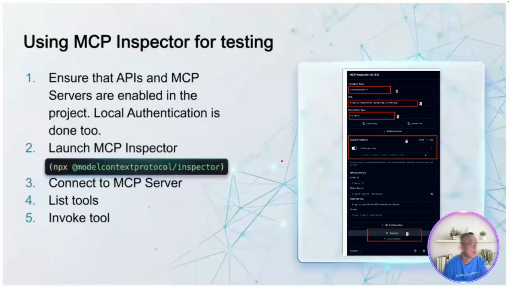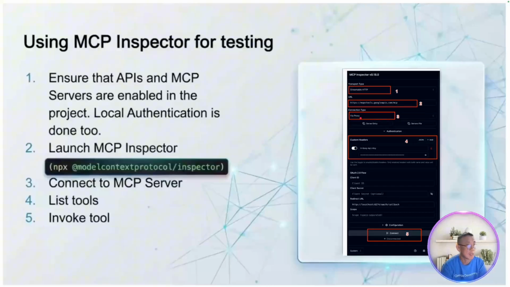Okay. So if you have done MCP before, one of the tools that people use to test for the MCP is the MCP inspector. So if you want to test MCP using the MCP inspector, for example, let's say I want to test the Google Map connection to my Google Map MCP. So I use the streamable HTTP, and then the URL with map tools